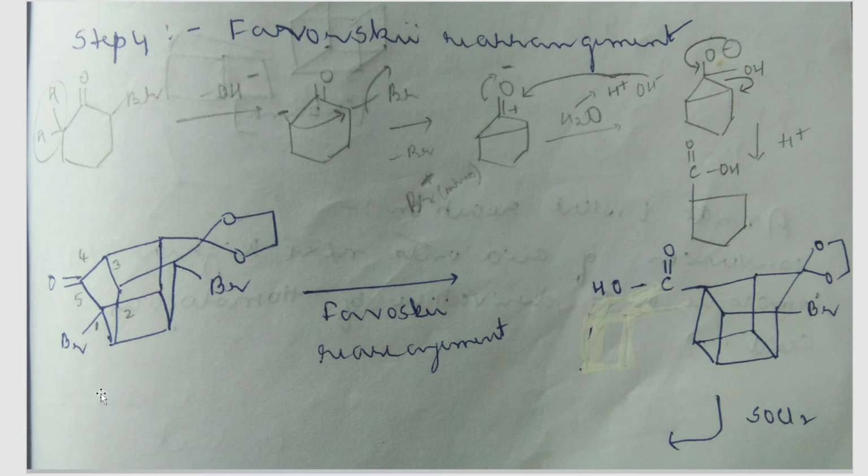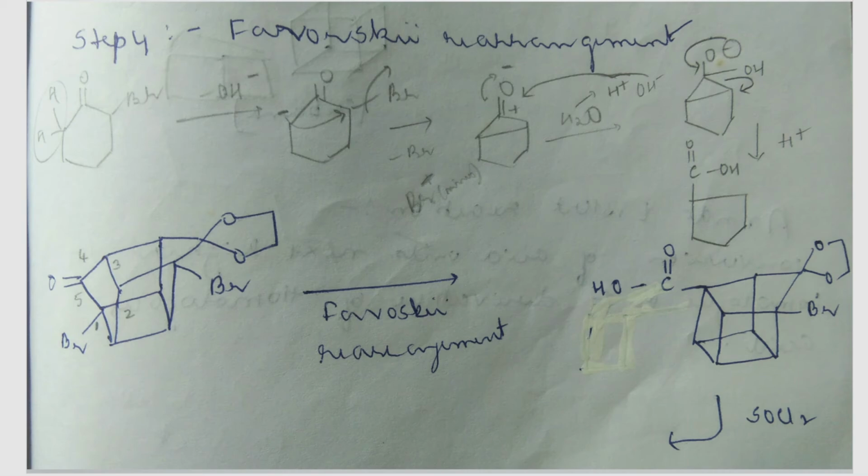And this bromine is lost by the end, correct? This bromine will be gone because it will be gone in the second step itself. So there won't be a bromine. Now you can see that this kind of looks like a cubane. We have still few more things to do, but it almost looks like a cubane.